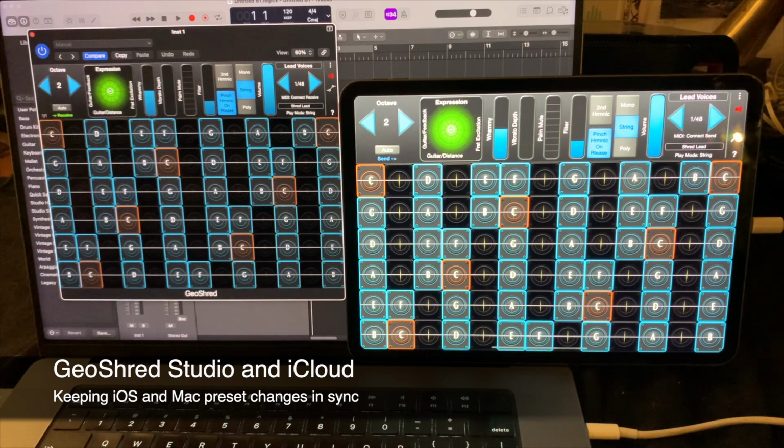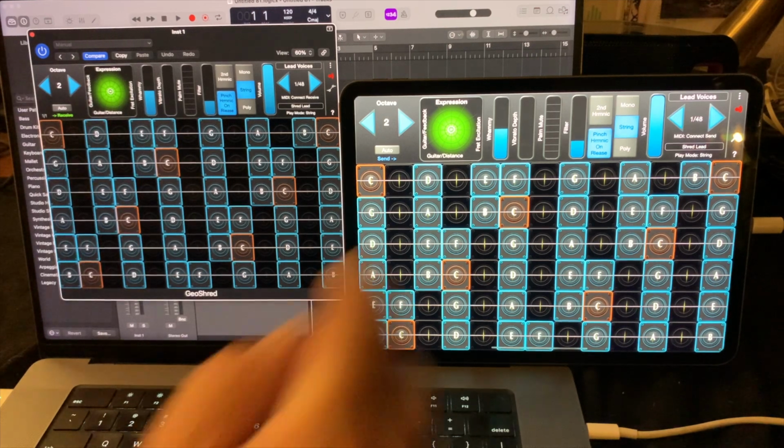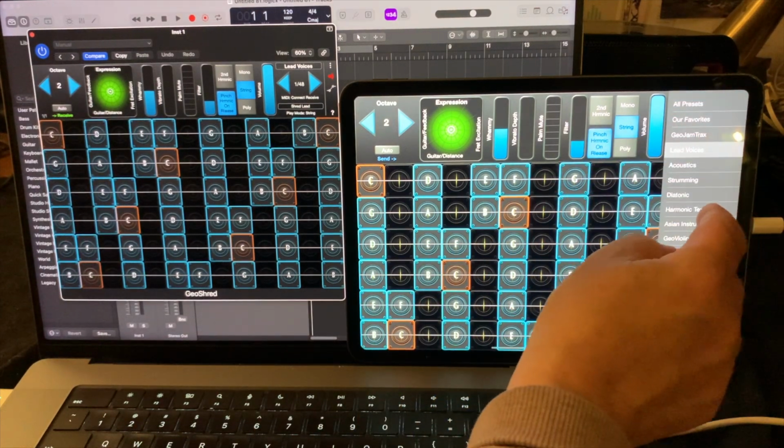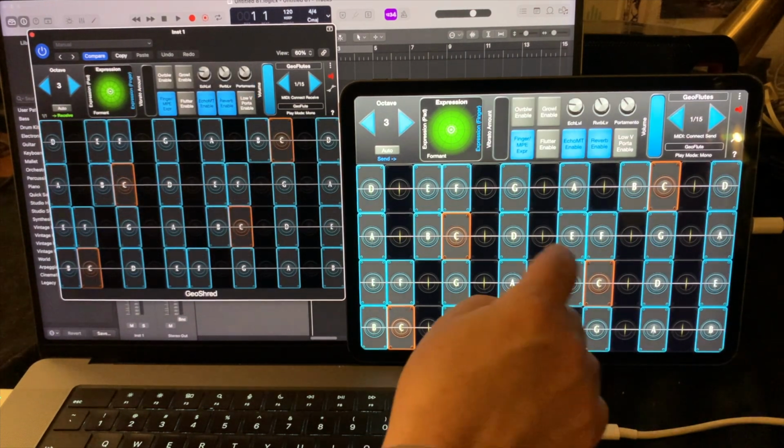iCloud is used to keep preset edits synchronized between the iOS and the Mac versions of GeoShred. As long as you're using the send, receive, connect protocol between your iOS device and your Mac, then the preset changes will appear on the Mac side within just a few seconds. So as an example, let's go ahead here and I'll choose the Geo Flute. And as you can hear,